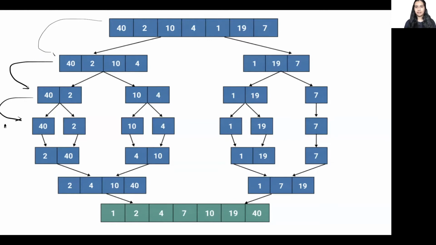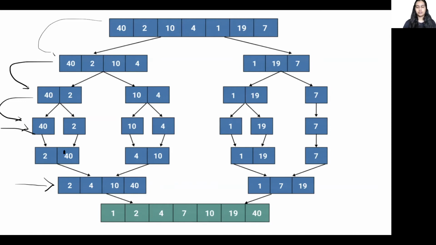So once I get a single element, I stop and I start putting them back to form a larger sublist. So as you can see here, we have stopped here and then we have started putting them back together to form a pair of these elements and then finally a four of these elements. As we noticed in Mozart, in the beginning, we are dividing this list into smaller lists and then we are splitting it up here, until we get a single element. So most of the work in Mozart is performed by the merging process.